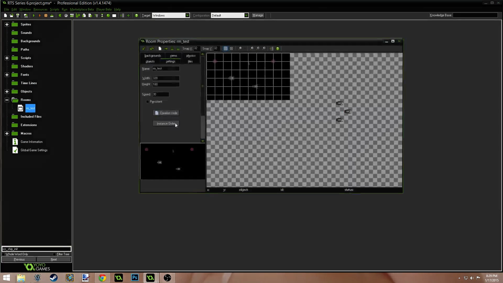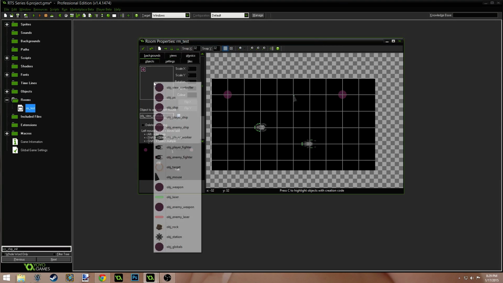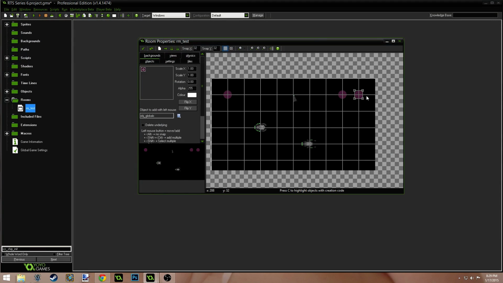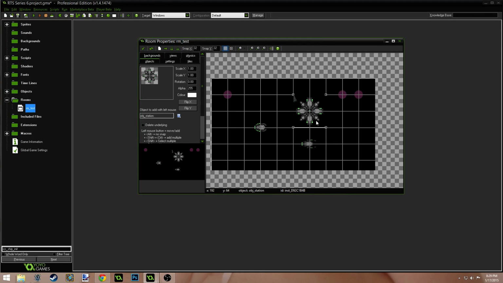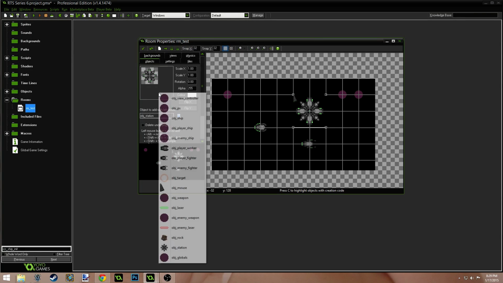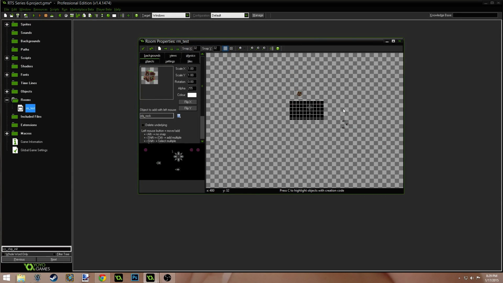Let's go to our room, and let's add our globals object into the room, and let's add our space station object into the room, and let's add our rock into the room, and I'm going to add it up here kind of off in space. Our room is still too small. I need to fix that, but